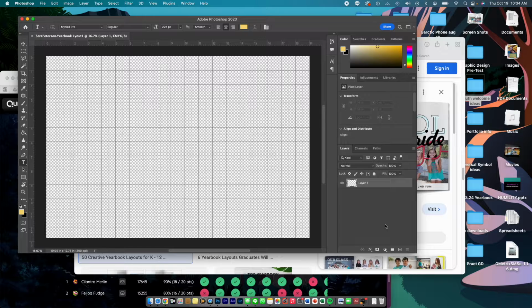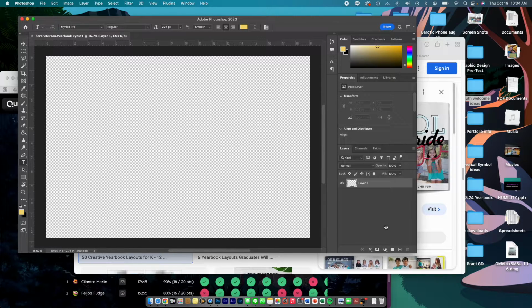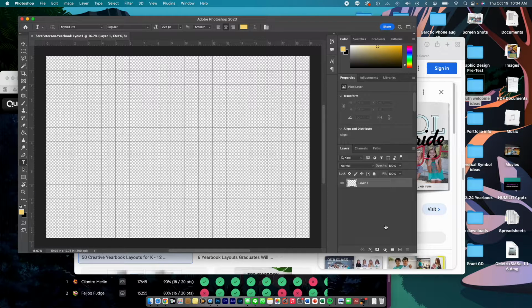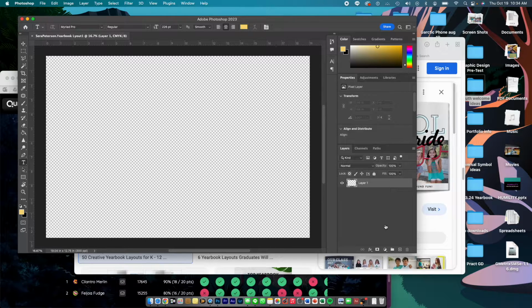Does anybody notice that there's a graph on top of mine right now? So my Photoshop currently is opening up with a graph on top of it. If you want a graph, you just do Command H and a graph will pop up. If you don't want the graph, you push Command H again. So I don't want the graph right now. I'm going to duplicate my background, Command J,